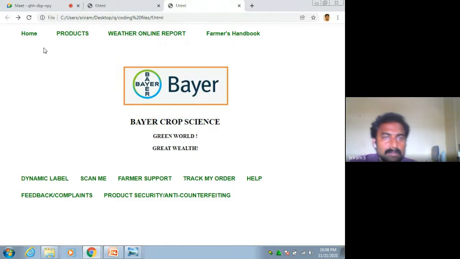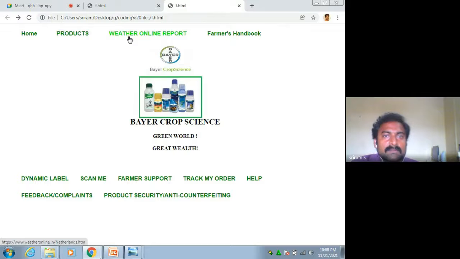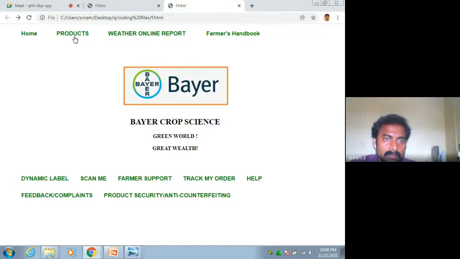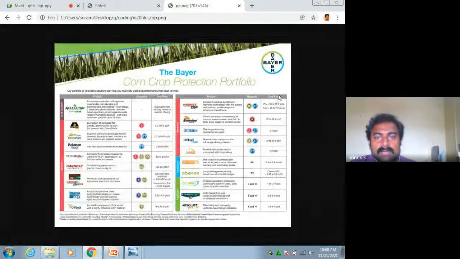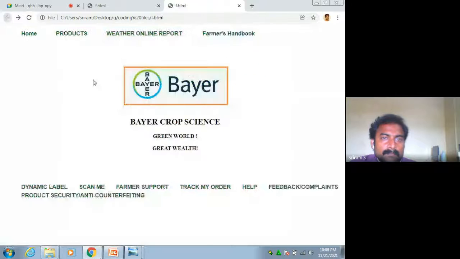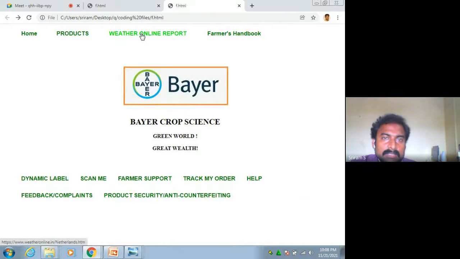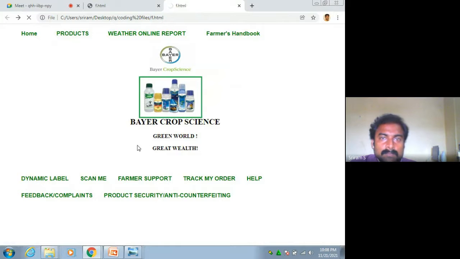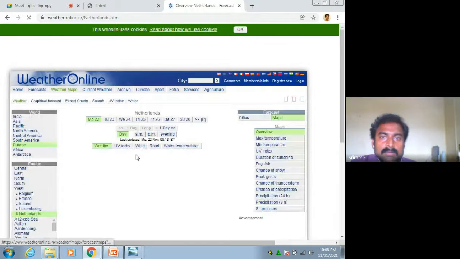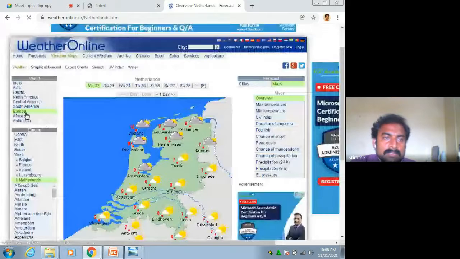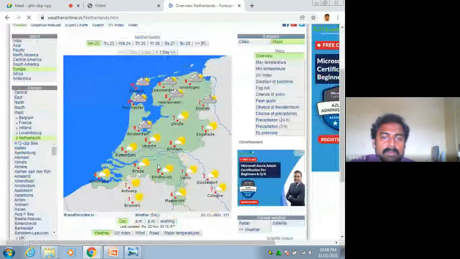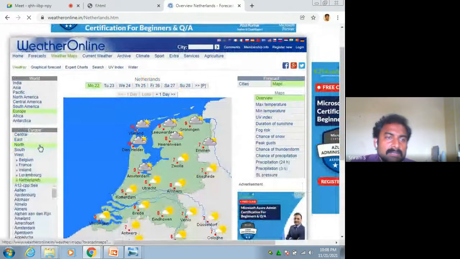Then we are giving links for products, weather report, and farmer handbook. While clicking the products, the several details of the products will show, so the customers or farmers can satisfy their needs in selecting the products. For the weather report, while clicking this, it leads to a page where, by selecting the country, you can know the current weather condition.